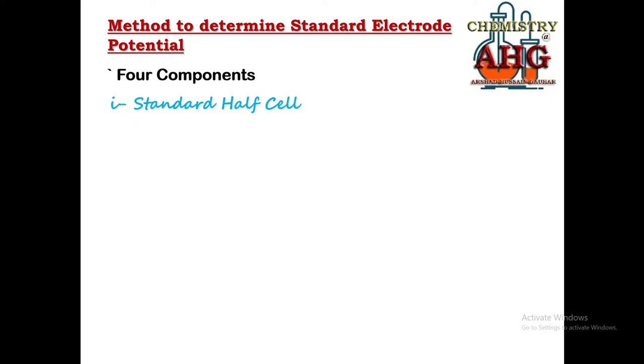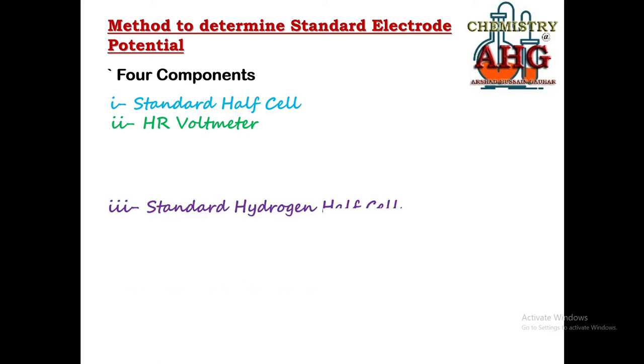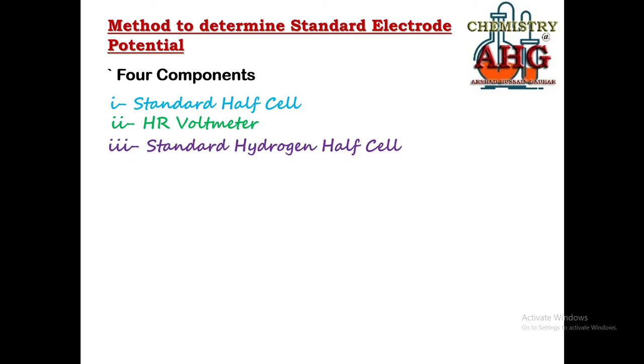Once we have constructed this half cell, we will connect this half cell to a high resistance voltmeter, because a high resistance voltmeter is used to determine the electrode potential. Now you people also know the voltmeter has 2 terminals. To complete the circuit and to attach with the other terminal, we always use a reference electrode. What is the reference electrode that we use in chemistry? Standard hydrogen half cell is used as a reference electrode. Why is it used as a reference electrode? Because its electrode potential we have assumed equal to 0 volt.